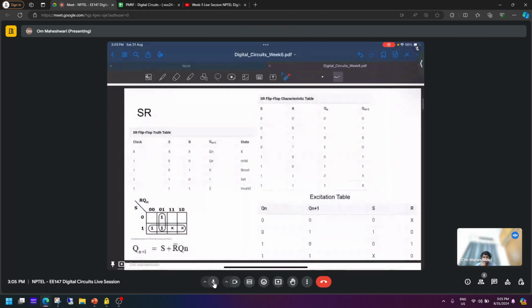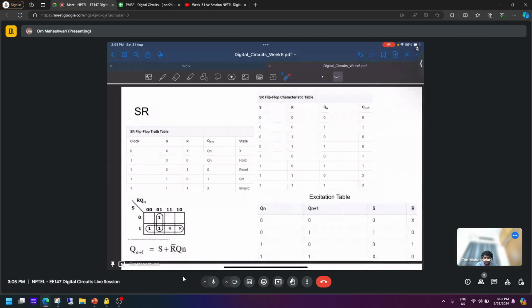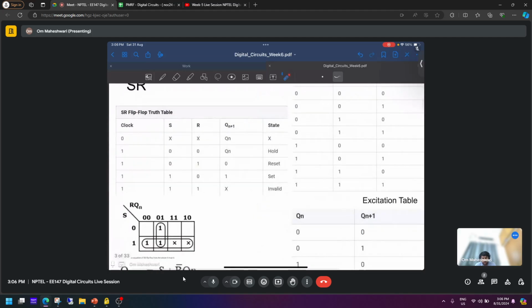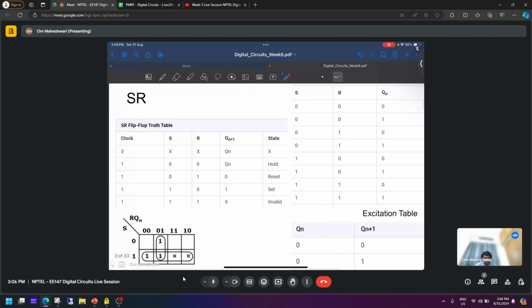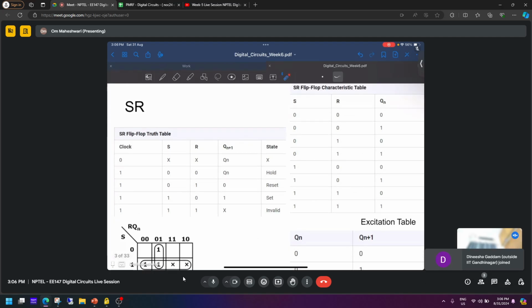So we have a few types of flip-flops. So first is SR flip-flop. So what is an SR flip-flop? What you might know is flip-flops are small memory elements that manipulate the data stored in them according to their inputs. So in SR flip-flop,